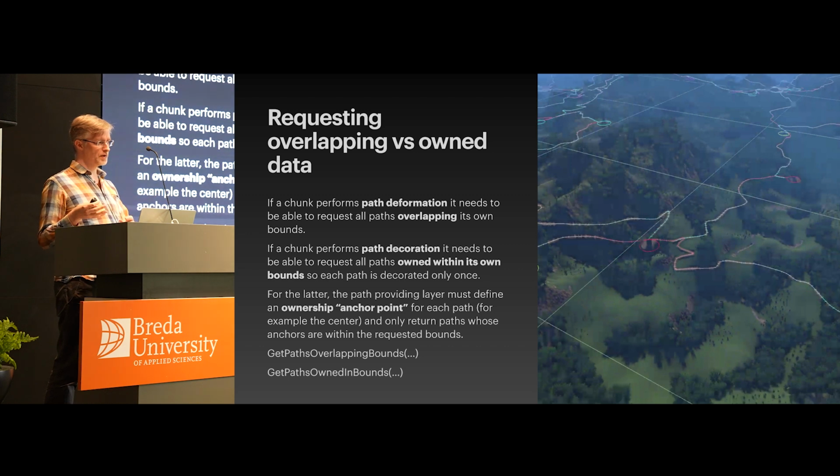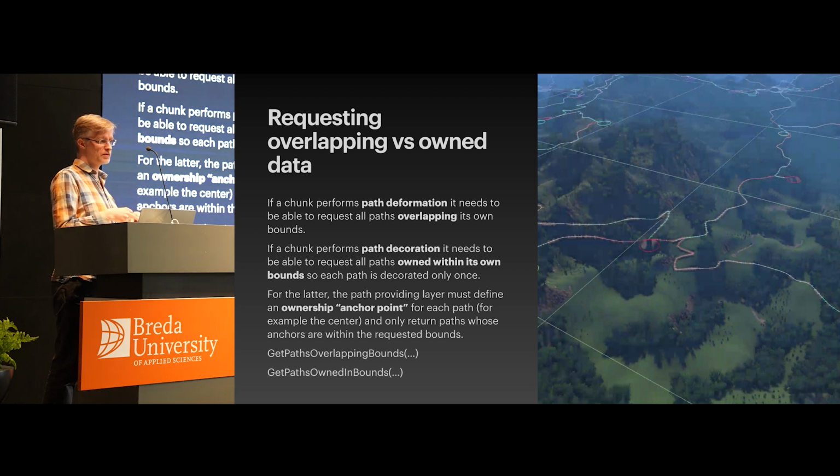However, if you have a process that is decorating paths with, for example, railings or stones along the edges or something like that, then you would not want two different chunks that a path goes across to both do the decoration for the same path, because then you have maybe set fighting or twice as much decoration as you need, or stuff like that. So in this case, the chunk user would need to ask for all paths that are kind of owned